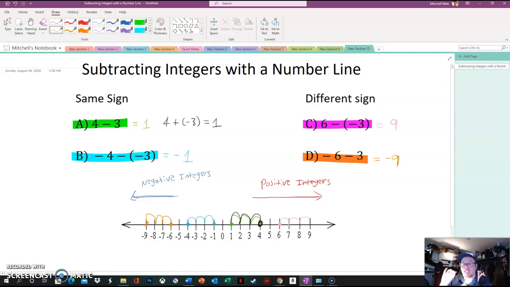So make sure you know these key rules when you're subtracting on a number line. If I am ever subtracting a negative integer, I always have to go in the opposite direction, the positive direction. Whenever I am subtracting a positive integer, like negative 6 minus 3, I always have to go in the negative direction. And if I am adding, like we were doing in our addition, like here, 4 plus negative 3,